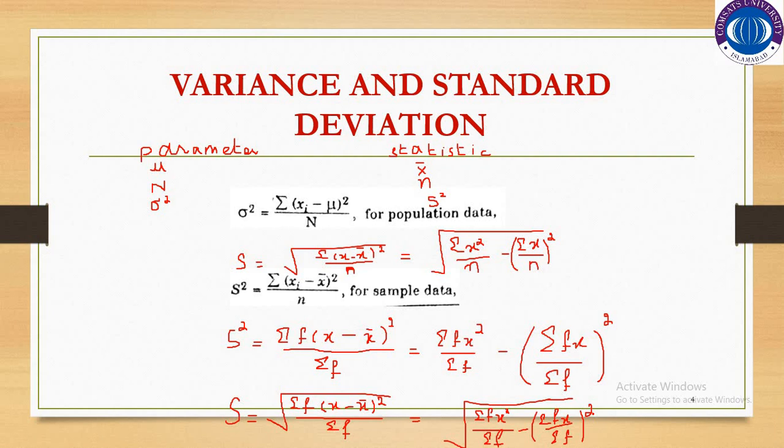So what we have discussed in this slide is that we have parameter and statistic. Parameter is basically to find out the characteristic of the population, and statistic is basically to find out the characteristic of a sample. In real life we usually deal with sample data, so we will use all these notations